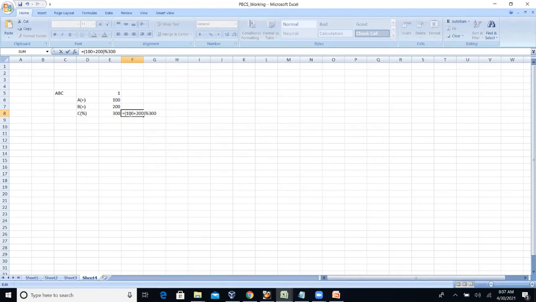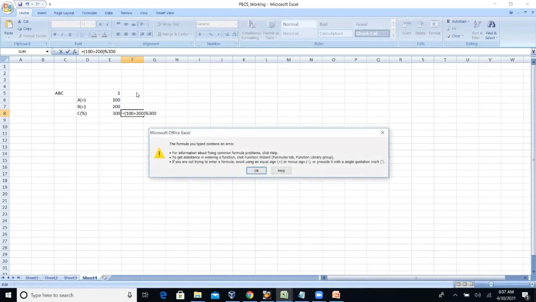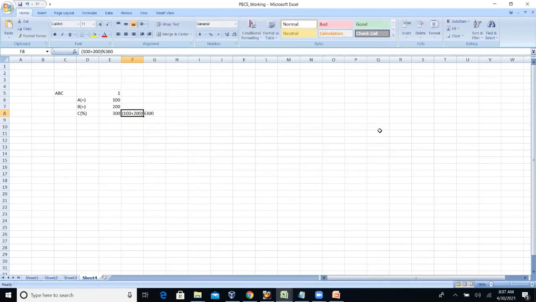So 100 plus 200 is 300, and 300 percentage 300 means 1 comes to the picture. Percentage works on the sum of these two members, 100 plus 200, and the third member by 300 is 1. Okay, now these are the common things.